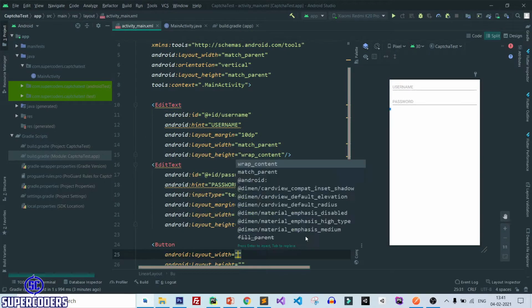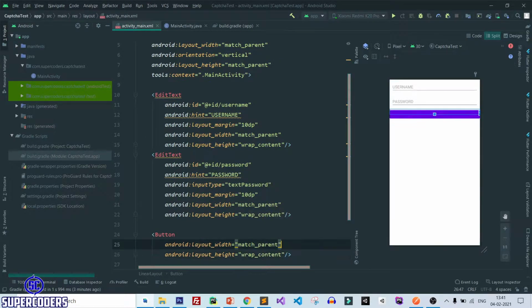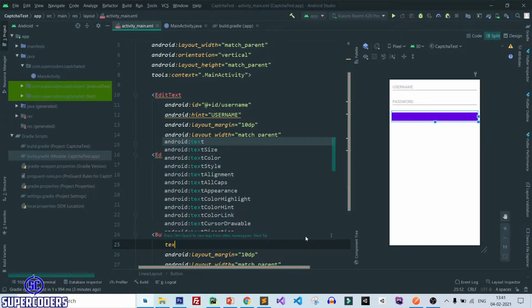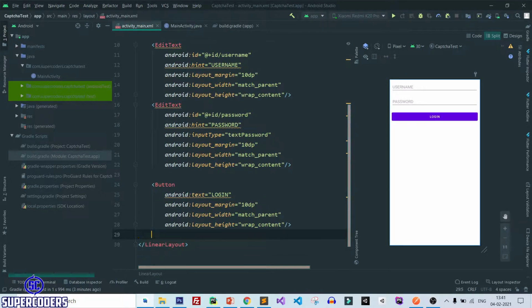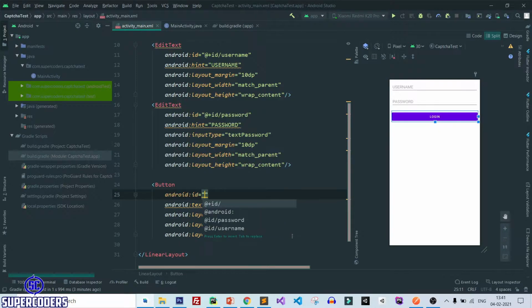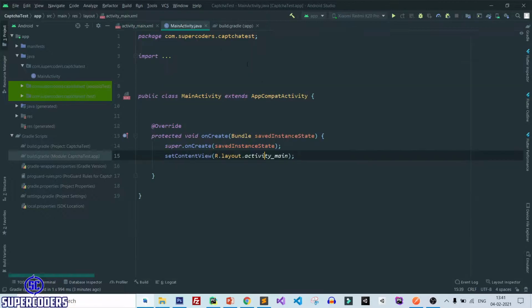So button, match parent, wrap content, margin 10 dp, and text login. Here I will show the CAPTCHA only when the user clicks on the login button. So let's work on it, and also add an ID in the button. So ID login button. Back to main activity.